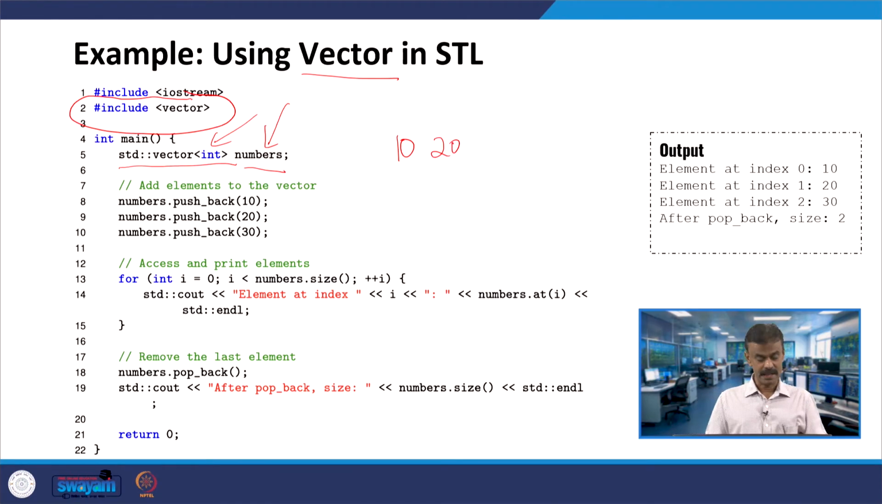Numbers dot push_back, you are entering another element which is 30, right. So, now 10, 20, 30. Going to line number 13, for int i is equal to 0, i less than numbers dot size. We are calling the size function, all right. So, 1, 2, 3. So, in fact, it is 3. So, that means for i is equal to 0, i less than 3, i plus plus or plus plus i,